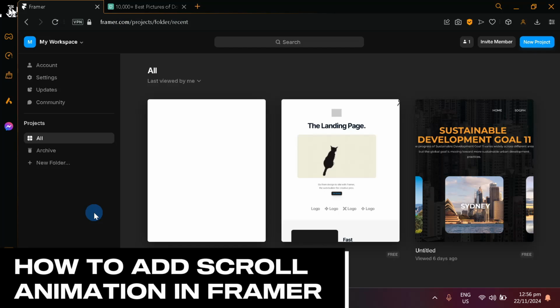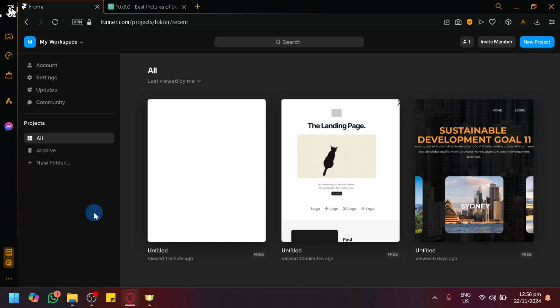How to add scroll animation in Framer. So hello guys and welcome back to today's video. In today's video, let me show you how you will be able to add and play around with the different scroll